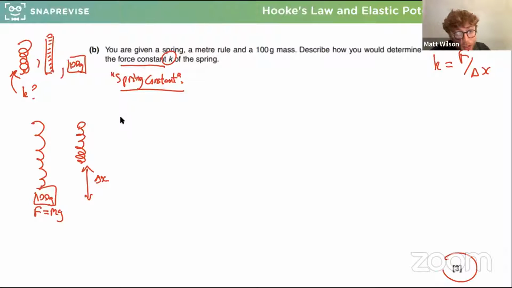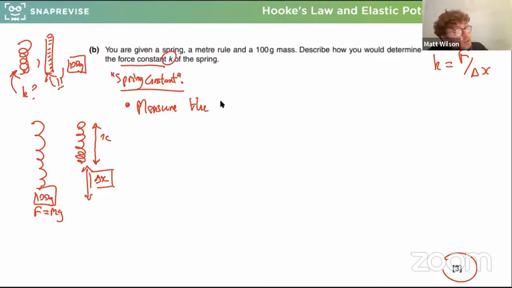So first thing I'm going to do, if I want to calculate the change in length of this spring, I shouldn't just go ahead and put the mass on the spring because there's something I've forgotten there. I need to know the original length of the spring. So the first thing we're going to do is just measure it. And we can do that because we have a meter rule. So we should explain that we know that that's how we're going to do it. So the first thing we can do is measure, and you can also call the original length the natural length. That's fine. So I'll just write that underneath. Original would be fine. Natural also comes up sometimes. So measure the original or natural length